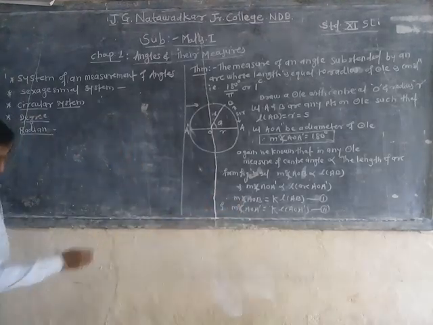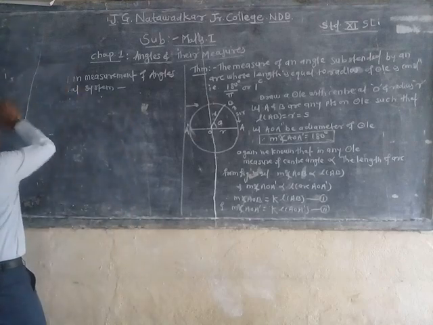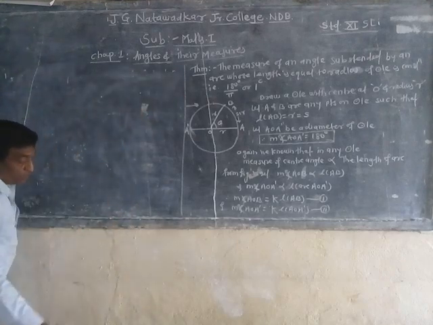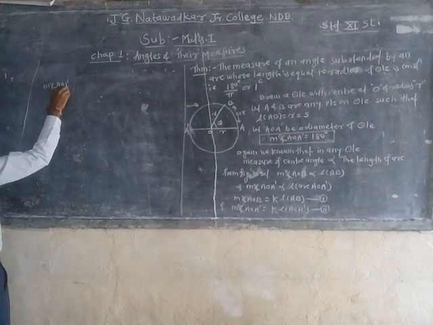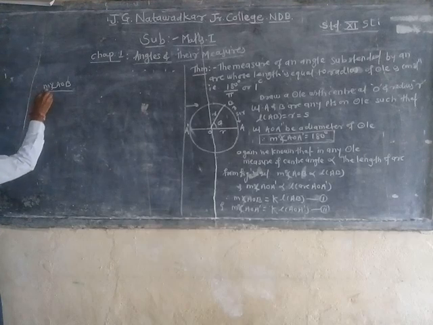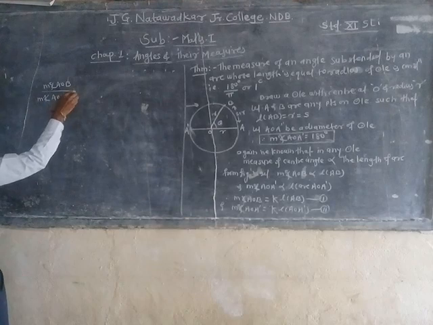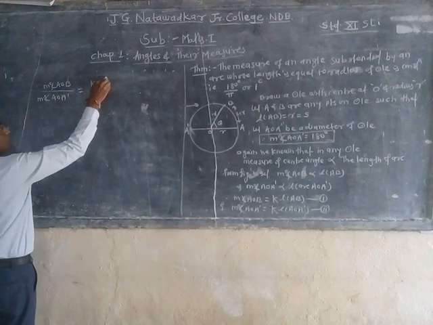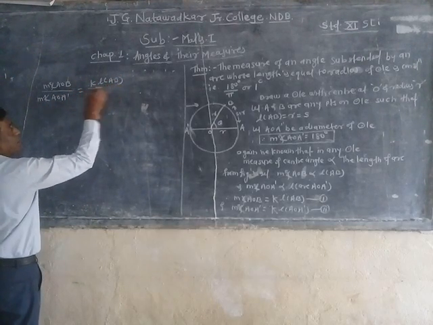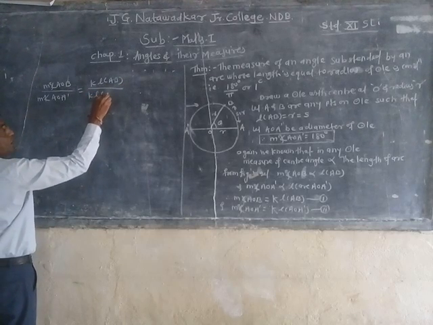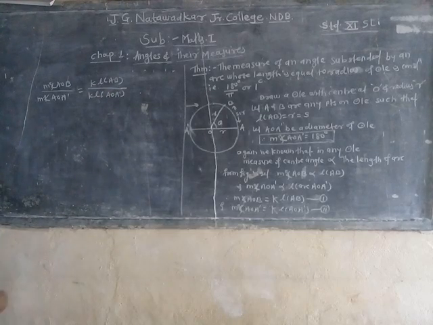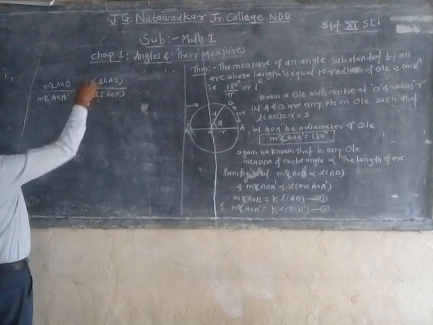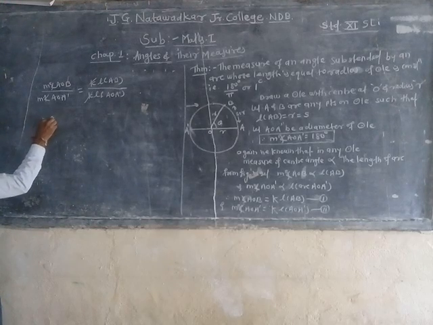That's how we get: the measure of directed angle AOB divided by the measure of directed angle AOA dash is equal to K into the length of AB divided by K into the length of the arc AOA dash. Now after dividing, the K's get cancelled, and therefore